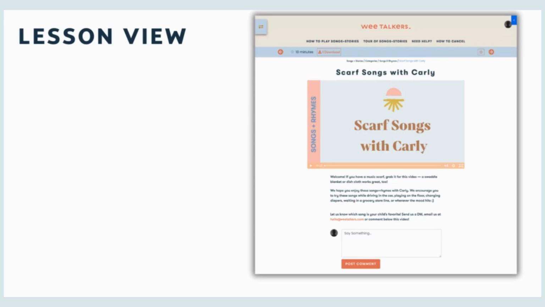At the top, you have the length of the video. You can show how long it is. You'll have arrows to click back and forth from lesson to lesson, the little star where they can start a favorite. And then if there are any downloads in that lesson, it'll collect them all into one button, and